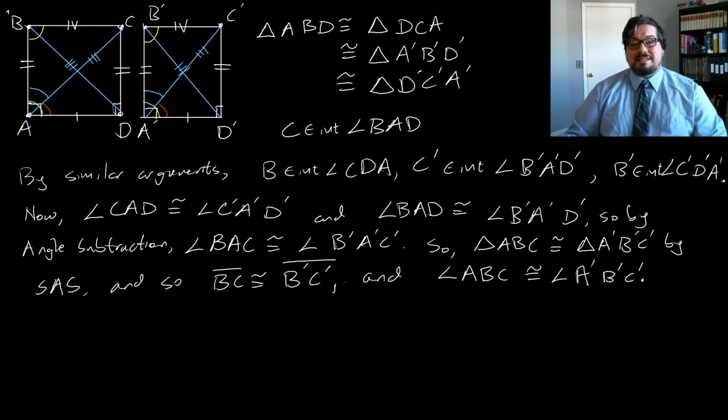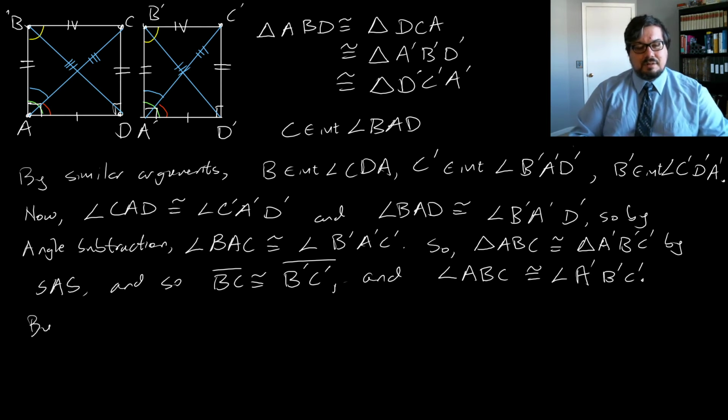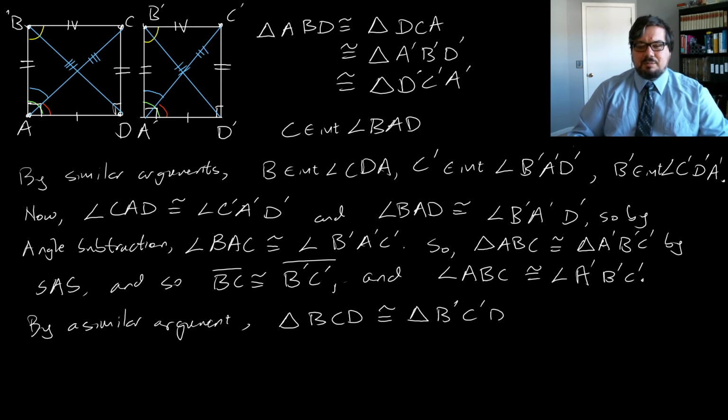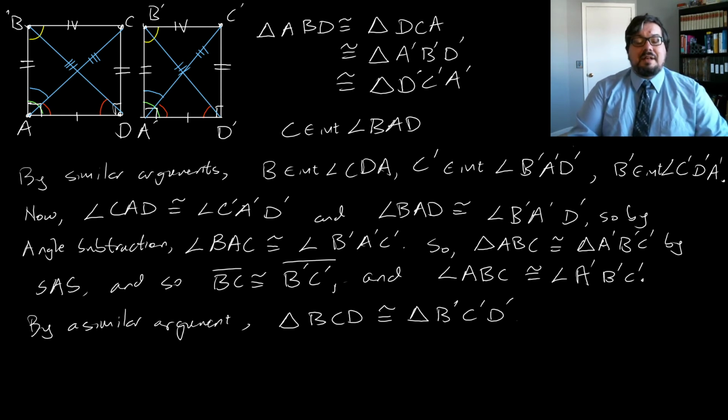We can basically use a similar argument. So by a similar argument, we have that triangle BCD is congruent to triangle B prime C prime D prime. The similar argument being, again, that we've got congruent angles ADB and A prime D prime B prime, and then because B and B prime are in the interiors of the angles ADC and A prime D prime C prime, and the angles ADC and A prime D prime C prime are congruent